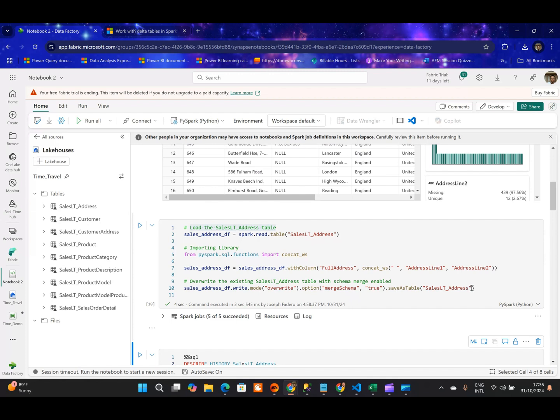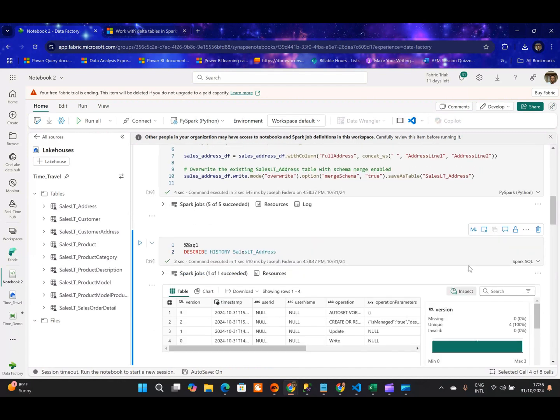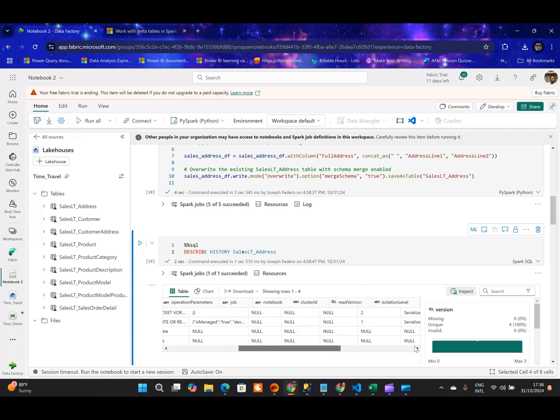a powerful capability of working with Delta tables in Microsoft Fabric, which is the time travel function. And what you could do with the time travel function is, you could first of all use DESCRIBE HISTORY. So describe history using the SQL command DESCRIBE HISTORY and specify the name of the table that you want to describe the history for. The describe history will tell you the versions that you have, the timestamp, at what point in time those versions were, and the action that took place